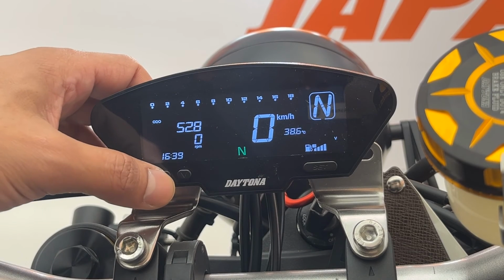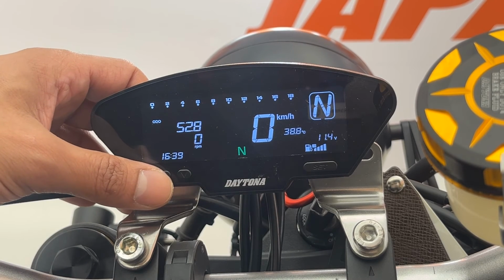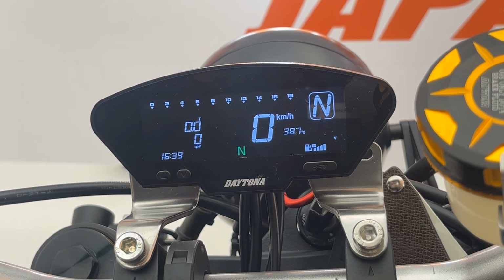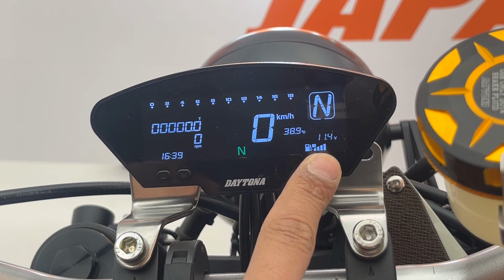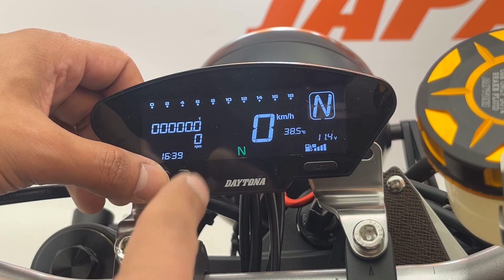And next, let's go check the odometer displays. The first display is the odometer. This starts from 0 for the DEVA Multifunction Cockpit. The next ones are trip 1, trip 2, and this is the total. For the total, you can move your previous odometer kilometers to the DEVA. Just push the set button for a long time, and then you can choose the numbers according to your previous